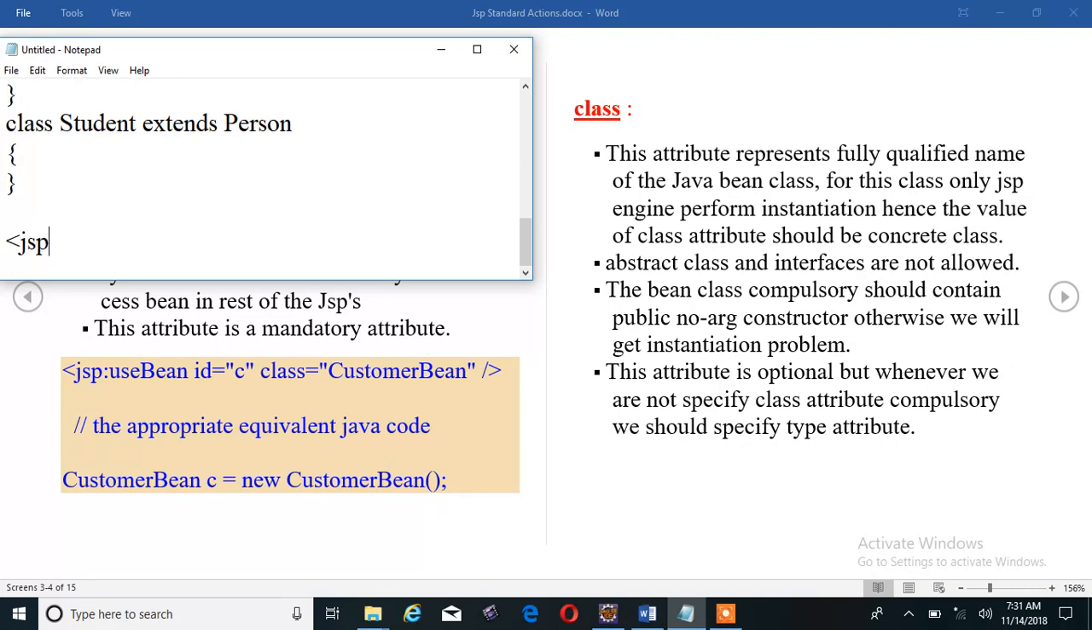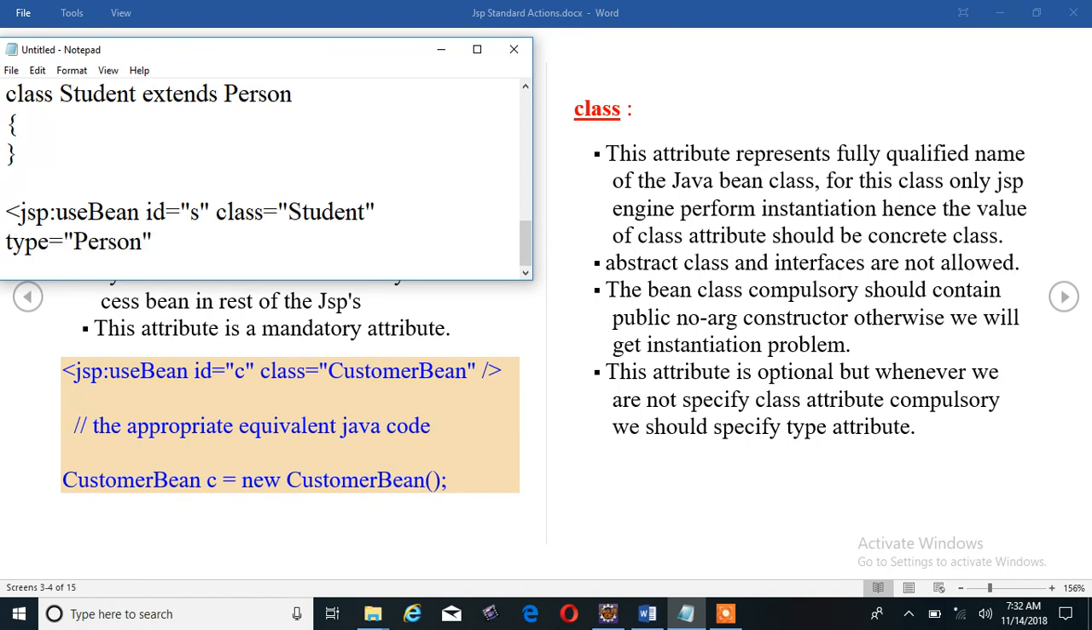So whenever we specify jsp:useBean and the bean id equal to, suppose, s, and the class name: whichever class you want to create the object for, in the class attribute specify that class name. I want to create the object of which class? Suppose the Student class. And what is the type of this bean? If you want to specify the type for the bean, you can specify it by using the type attribute. In the type attribute you can specify Person. Yes, because the bean is also of Person type, the student is also of Person type. So suppose Person